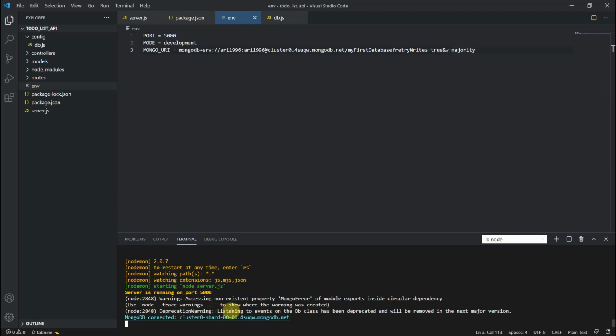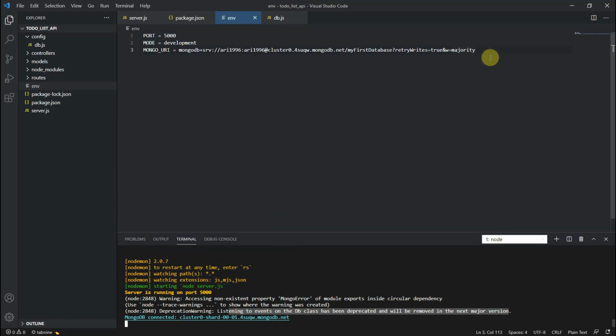The application is listening to Windows RTP class. Okay, some deprecation error is happening, so no issues, you just ignore.